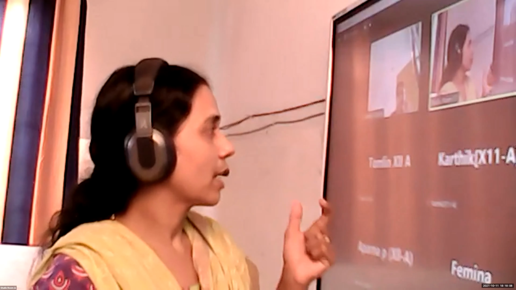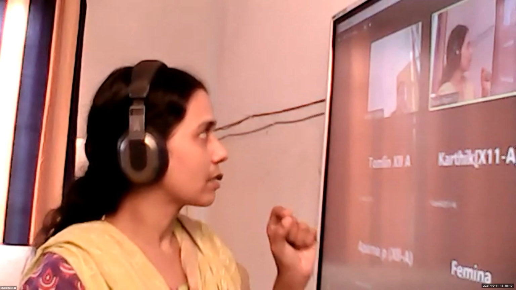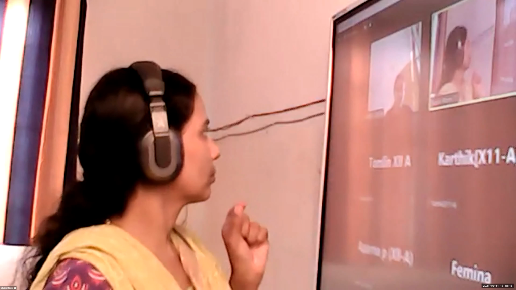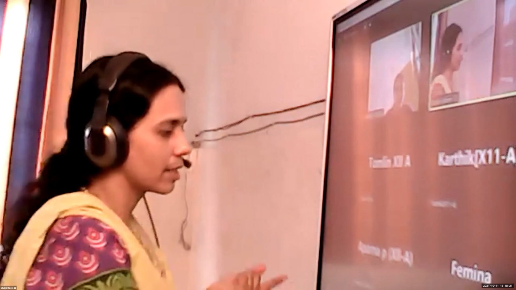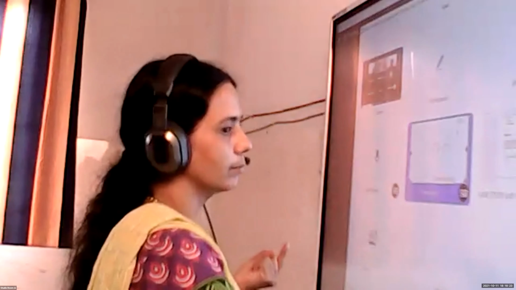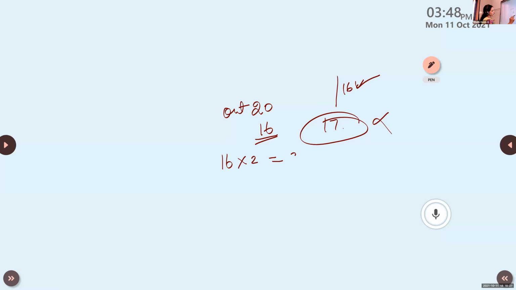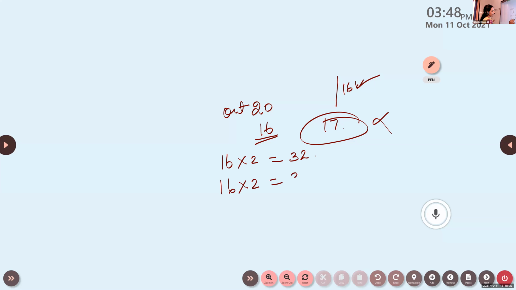Then the other thing they said is the time. Section A, 20 questions. You have to answer 16 questions. For each question, the maximum time you have to use is 2 minutes. So 16 into 2, 32. Again, section B, how many questions do you have to answer? 16 questions out of 20, isn't it? So it is again 32.